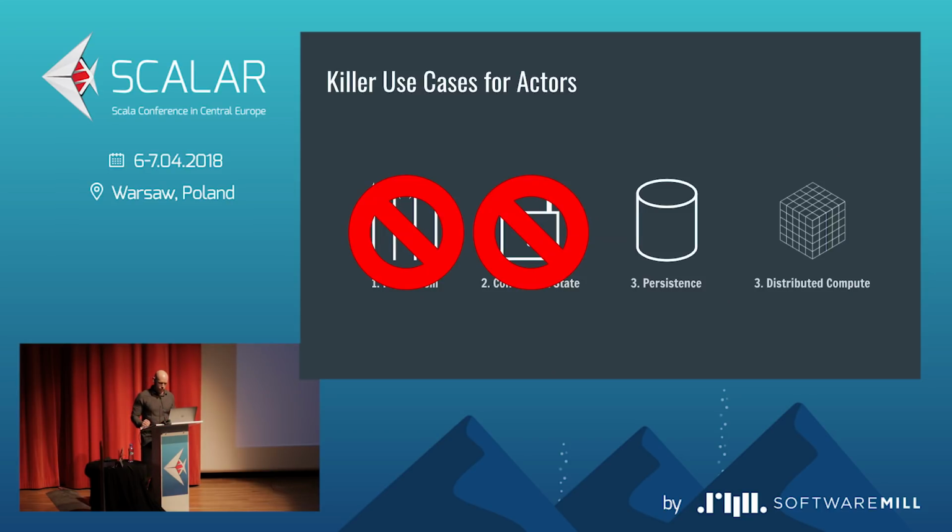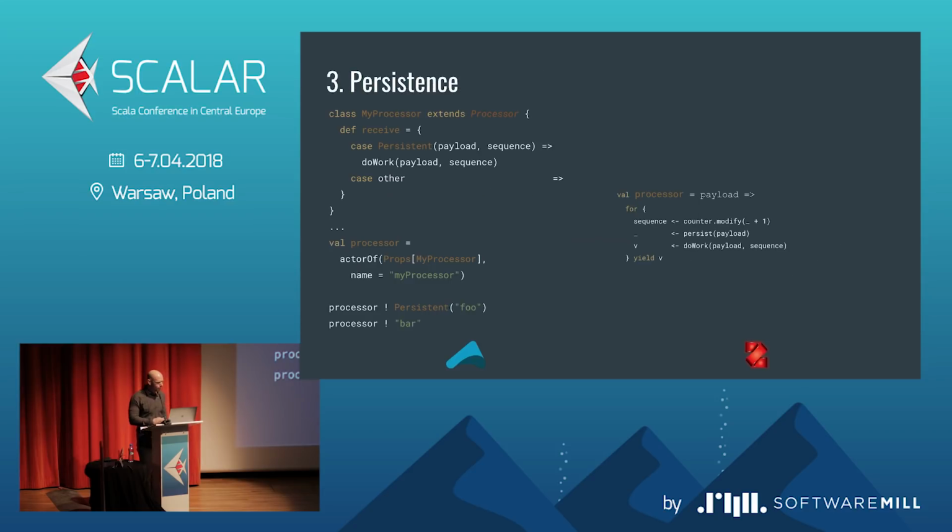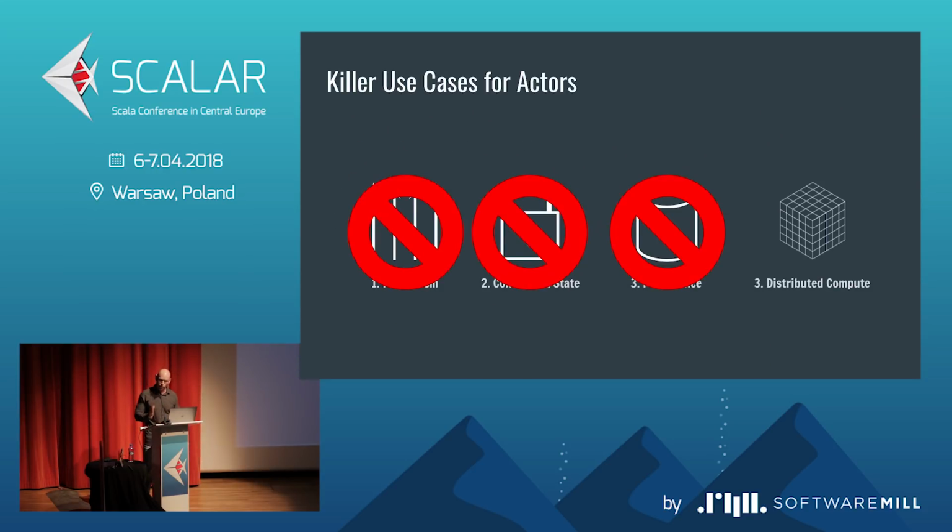So I'm not so sure that concurrent state is necessarily the killer application for actors. Maybe persistence, Akka persistence, right? Well, over on the left-hand side, you have an example of using persistence to do pre-persistence of messages before they're processed by an actor. But again, this functionality isn't game-changing or anything. All we have to do is call a persist function on our payload before we process it. And as long as we have ACID guarantees about that, it's kind of the same thing. So probably not. Persistence is probably not the killer application for actors either.